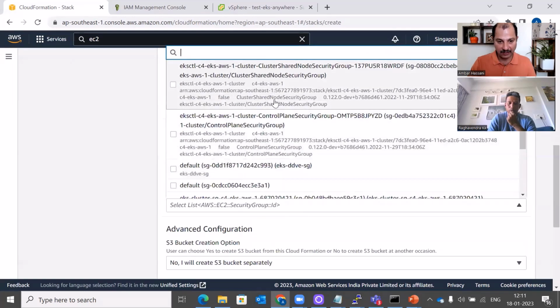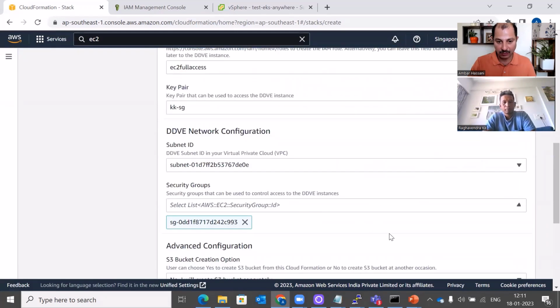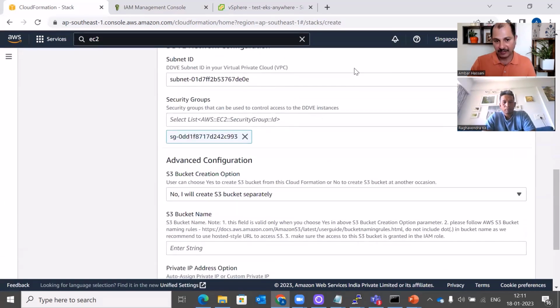And the security group, let's say I will take this security group. So you can always customize your VPC options in terms of where the DDB is installed. The only fact remains is that the DDB instance needs to have the right connectivity to the EKS cluster. And that's the important thing. So right now my EKS cluster and my DDB instance are in the same VPC, in the same subnet actually,